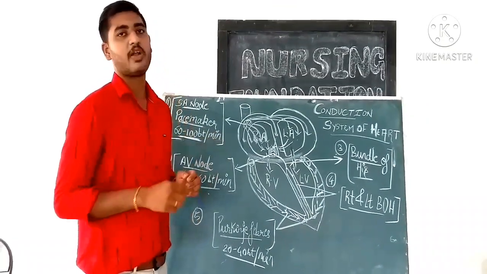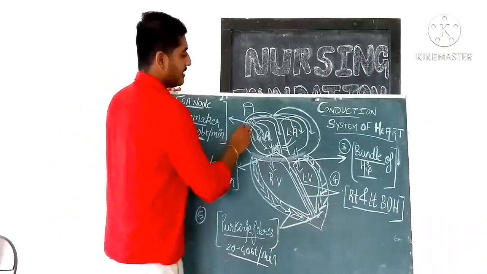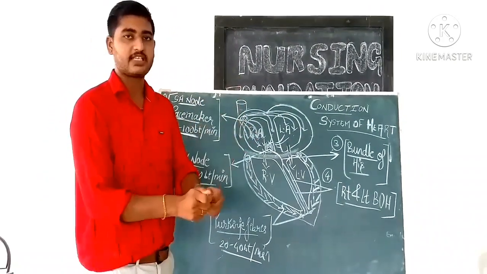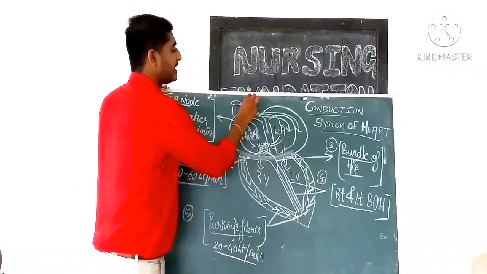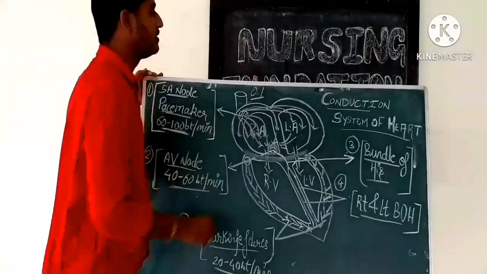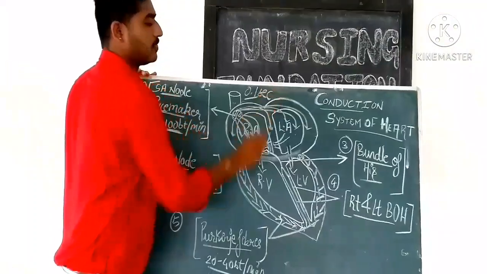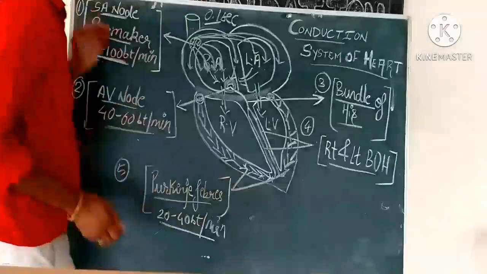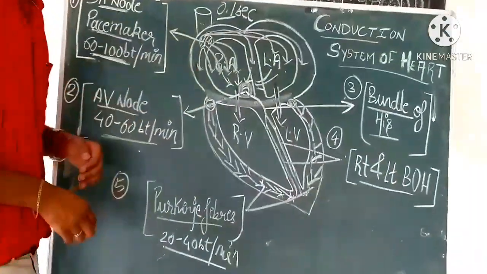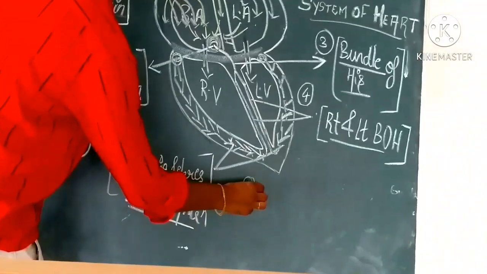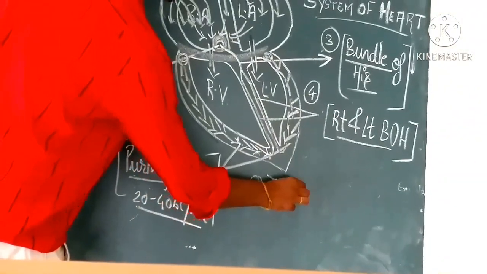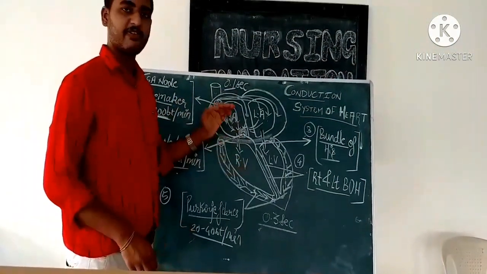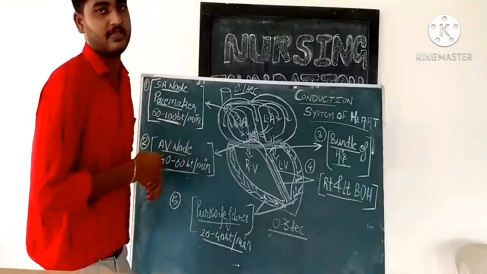I'll just tell you one small important thing. In the atrium, whatever signals are sent and the contraction that takes place happens in only 0.1 seconds of time. In the ventricles, both the sending of the impulses as well as the contraction take place in 0.3 seconds of time. So if we add both times, it is 0.4 seconds.